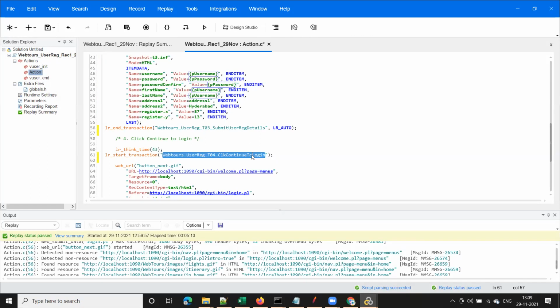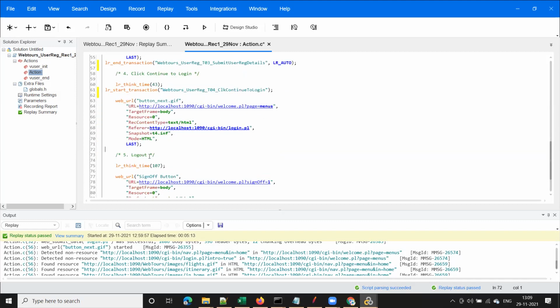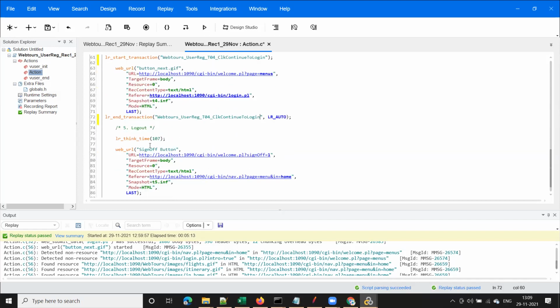Don't use spaces here, because if you use spaces here, if you double click, you cannot select that with double click. But if you don't use spaces here, you can select the complete transaction name with a double click, isn't it? Right? And then Control T.